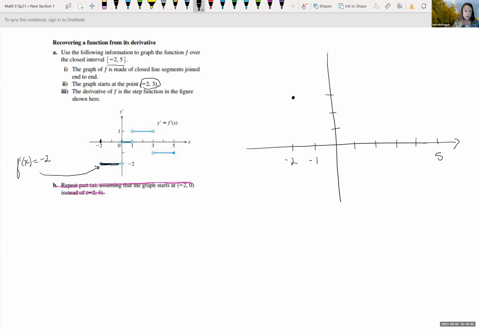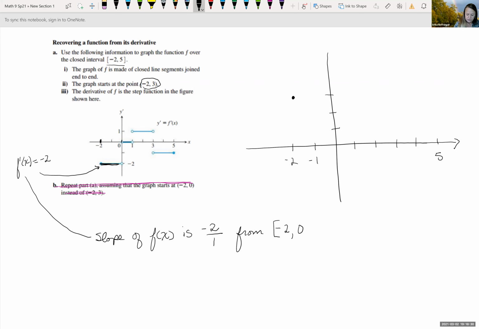That tells me the slope of f of x is equal to -2, or maybe we can think of it as -2 over 1. So we can think about our rise over run from our interval x equals -2